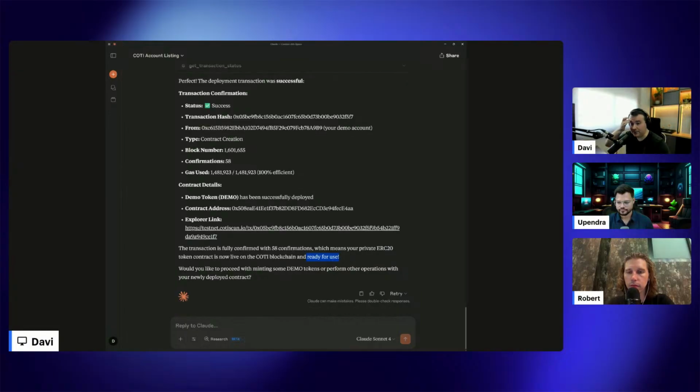So what we can do now, we can start minting, right? Let's mint 1,000 demo tokens to our account. Yeah, so we can have some tokens to work with.